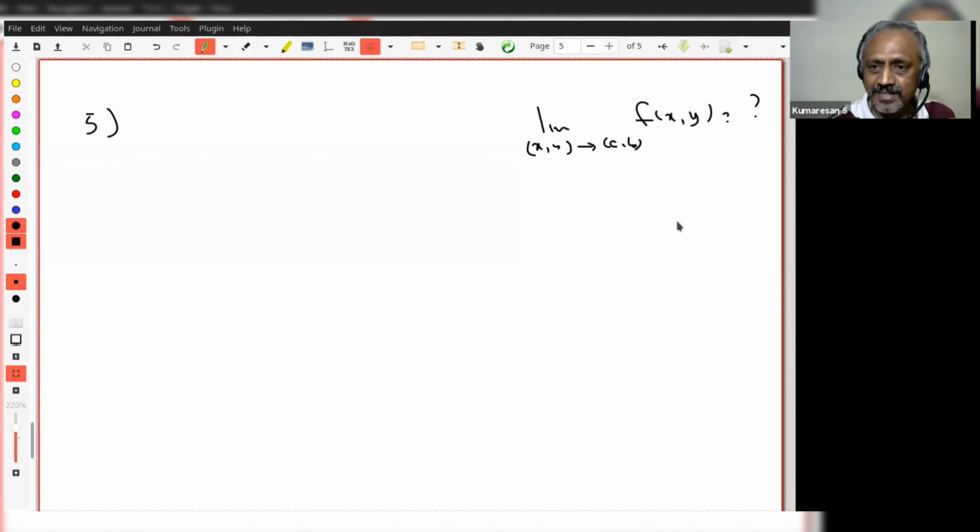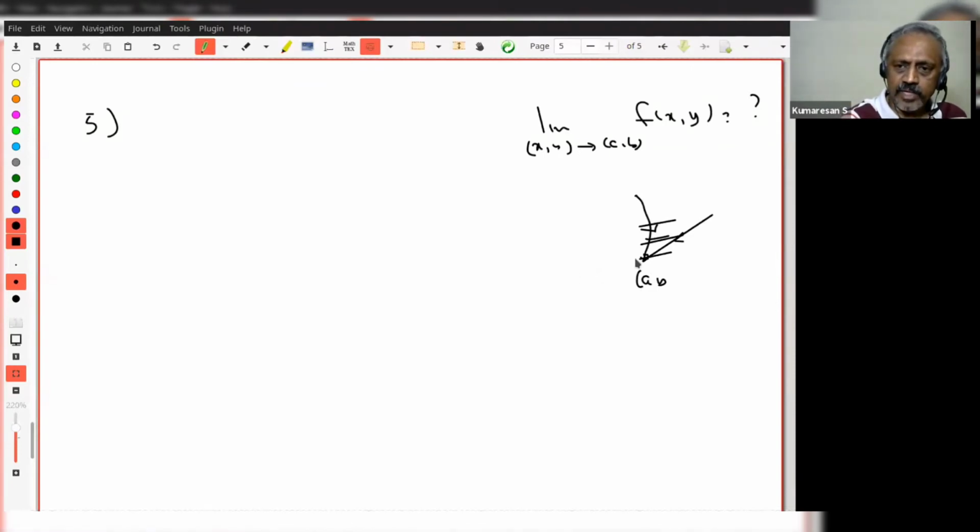And second thing, if I move along two distinct lines, for example, this is my ab, I move along this line, I move along some other line, and the limits are distinct, they are different, then I know the limit does not exist. These are the two things we have seen, right? So many students believe if the limit along any line exists and all these limits are equal, the limit of the function exists. Do you understand? That's not true. We want to give an example for that.